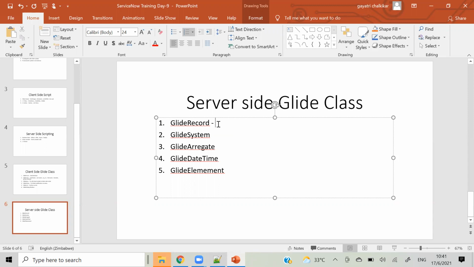Like I want to fetch incident records which are created by Gautam. For that we have to write a query on the incident table. So for that purpose, we will use glide record. In simple terms, you can say database queries.